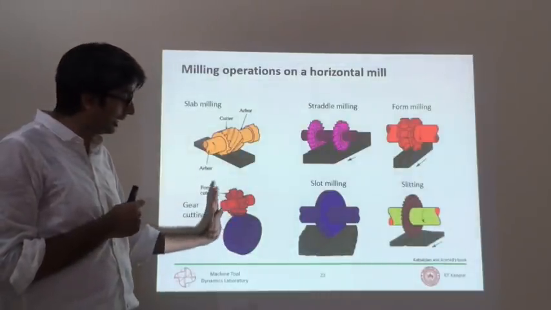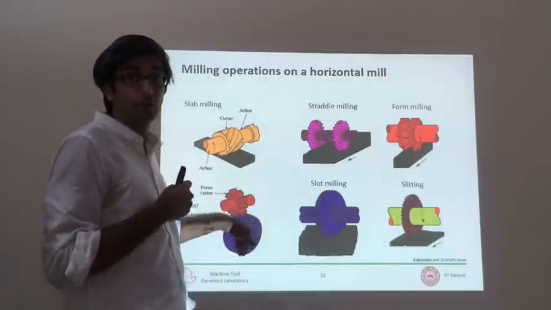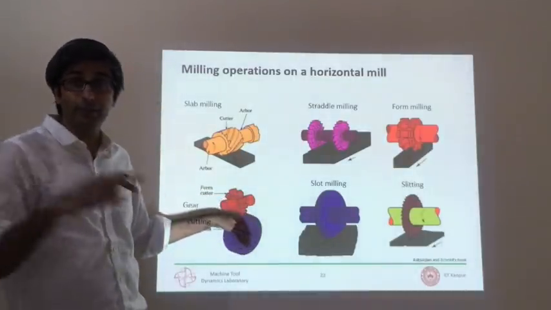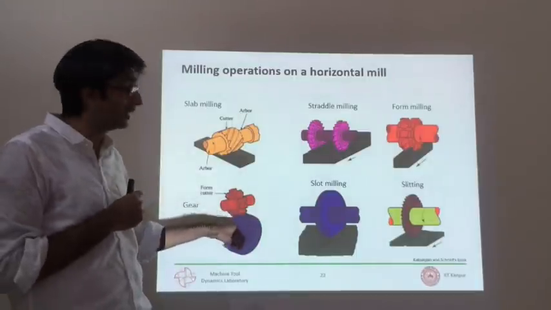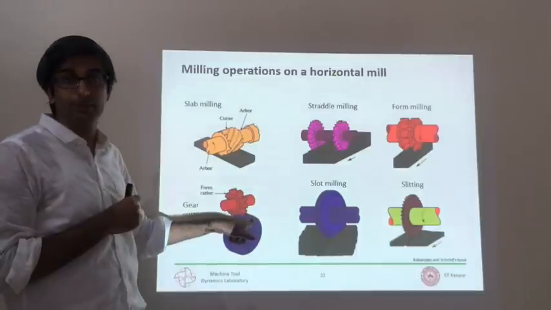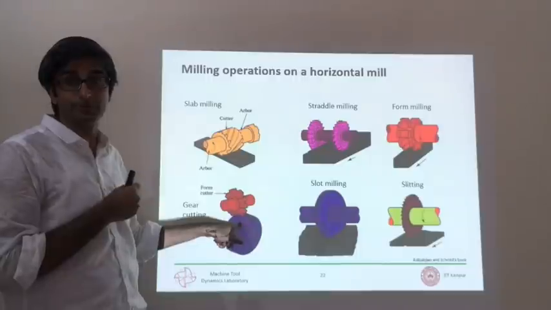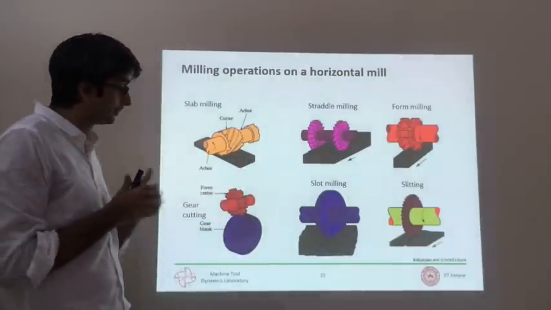Once that is done, I index the blank, I rotate the blank by some pitch, the circular pitch I know, which depends on the module and the diameter and the number of teeth. We discussed that in the earlier lecture. And then again pass the cutter over the next space, and I get another tooth. That is how I make gears in milling.